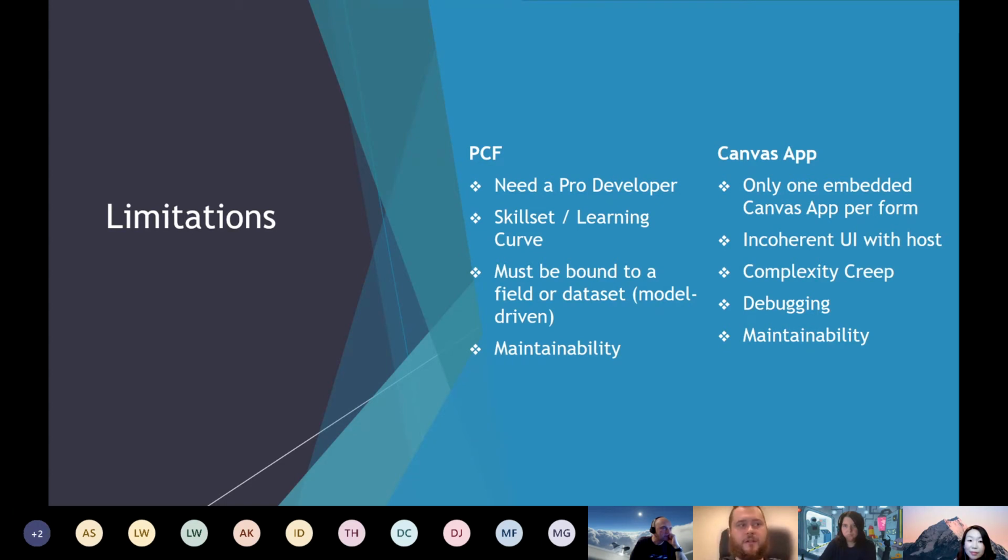The other issue that I found a lot with the Canvas apps, particularly when you're doing these big application assessment kind of Canvas apps, is this complexity creep, because this app itself becomes like this standalone piece of functionality that lives, breathes, and has its own life, where PCF is this little thing on the form, while this Canvas app, potentially, if you're writing to multiple data sources and multiple records, goes beyond just being an embedded control to being an embedded application on the form. And that just has issues with, sorry, Elena?